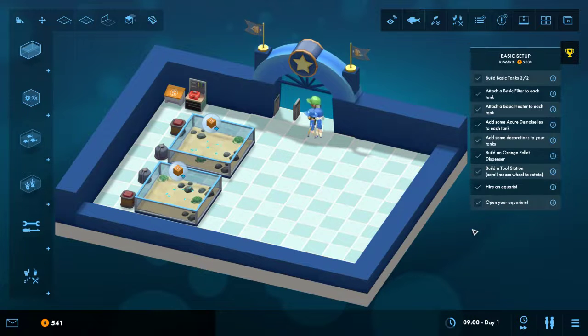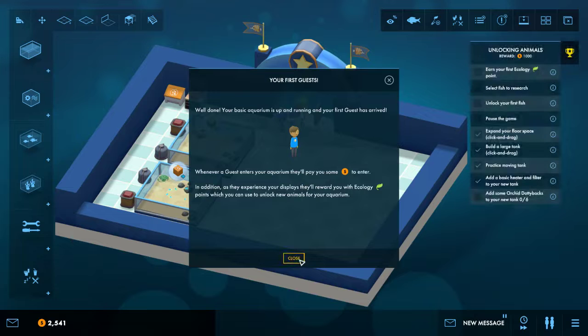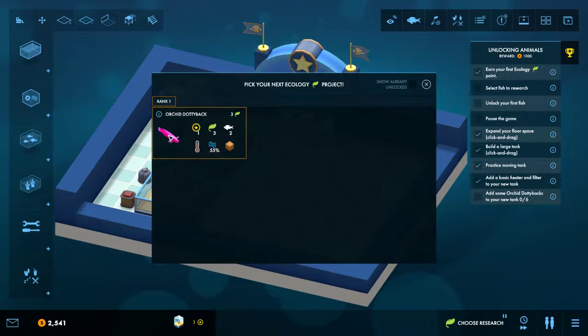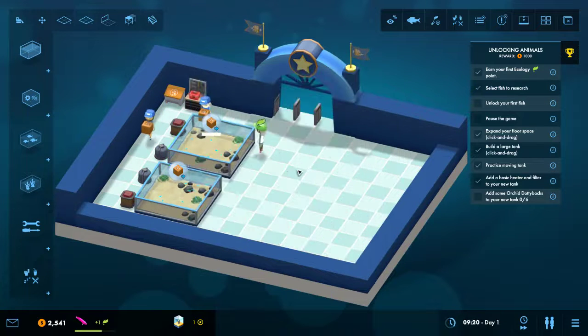Alright, we will click to open. And now people will come in. That's our staff. So while the people are walking around, they'll go and look at each of the, yeah, that one next. There's like a research system in this. When people are visiting your aquarium and they go around, they look into the place,